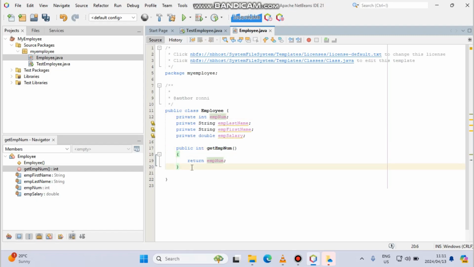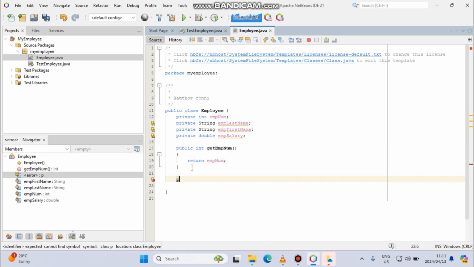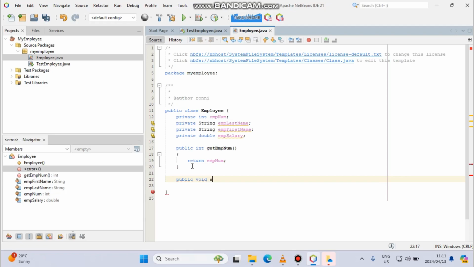After this get, there must be a define set. Now it will be also the use of the public. Then we use now the interesting thing, void set employee num. Now the interesting part of this thing, this function of void, is set this out, which means take now again a variable